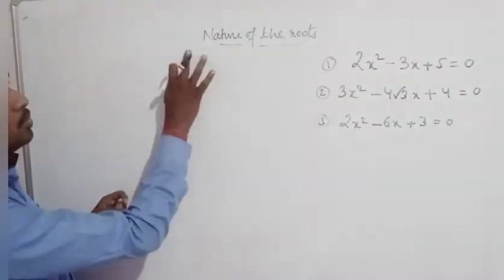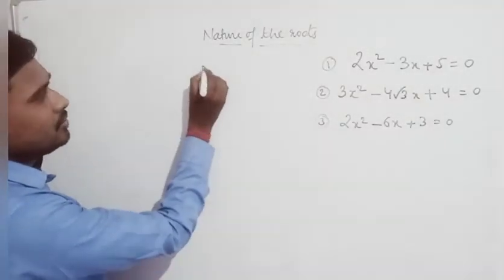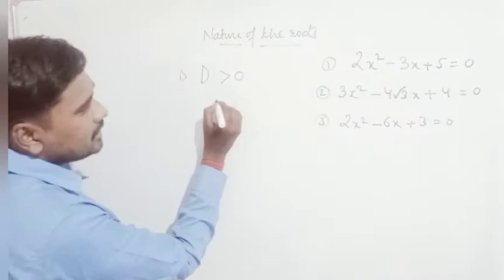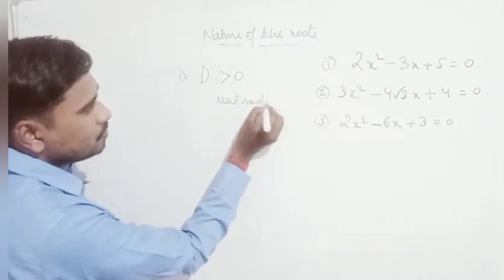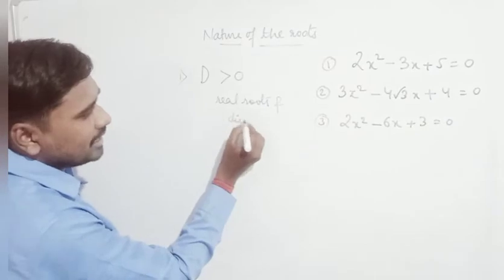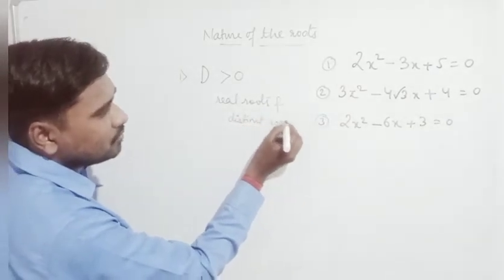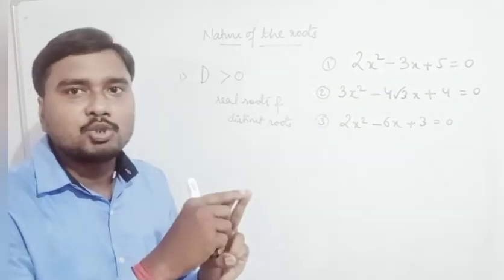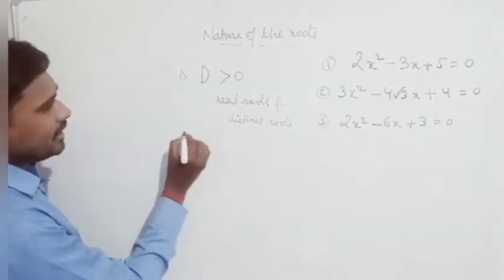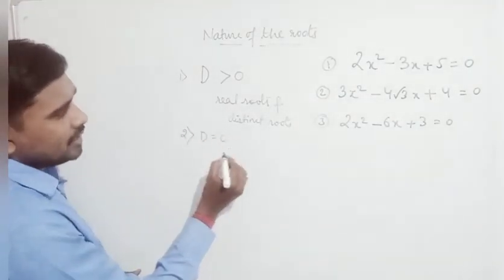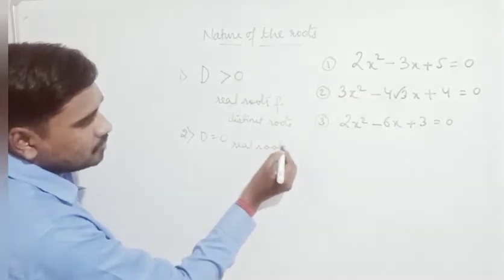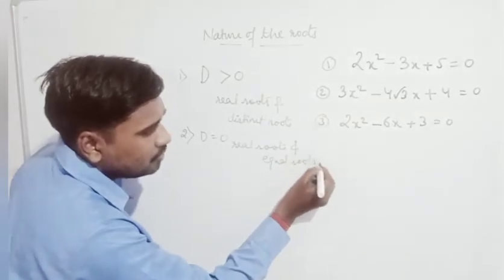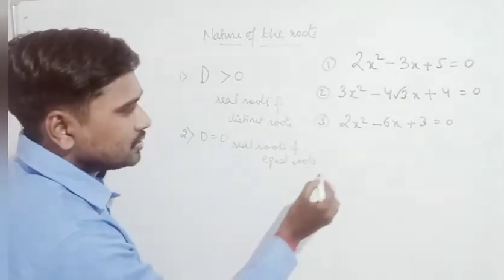So as I have told you, when you find the discriminant, if the discriminant is coming more than 0, then it has real roots and distinct roots exist, meaning different values of x. The first value is 3, then the other value is 4. So two different values will come and the roots will be real. Second, if D is equal to 0, then also real roots will come, but real and equal roots, meaning whatever the value of x is, the two values are the same.